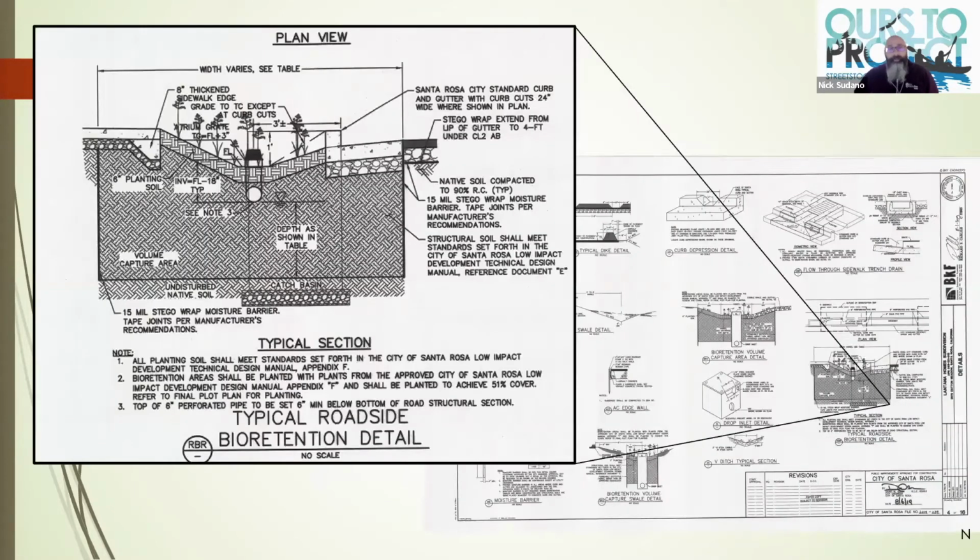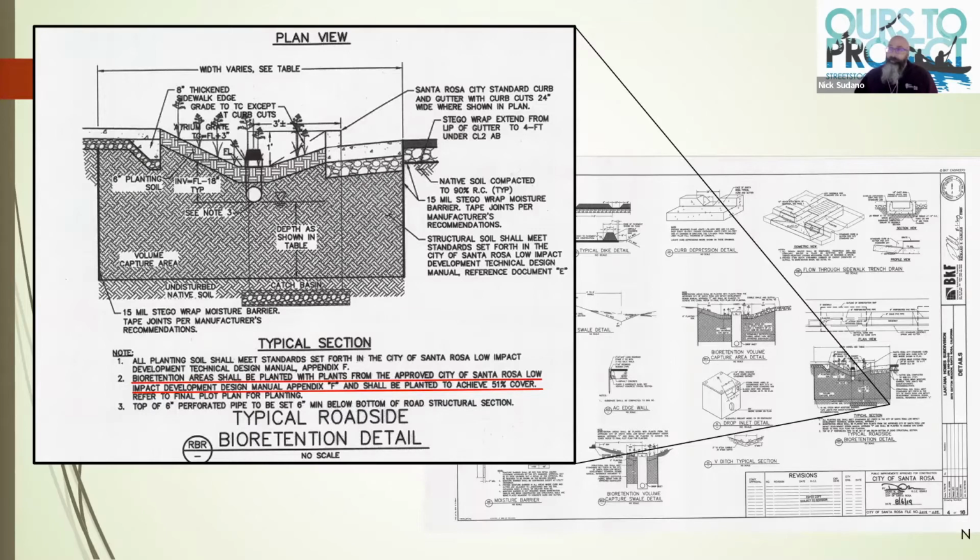These plans are going to have details on here. And one of the things I just wanted to point out, especially for the contractors on the call, is just be aware of your typical sections. Be aware of the notes that are put on here. A lot of times they're going to refer to that LID manual. And so in here, I just wanted to point out that this particular plan set refers to Appendix F, which actually is a planting schedule to make sure that we get the appropriate plants to do the right filtering for